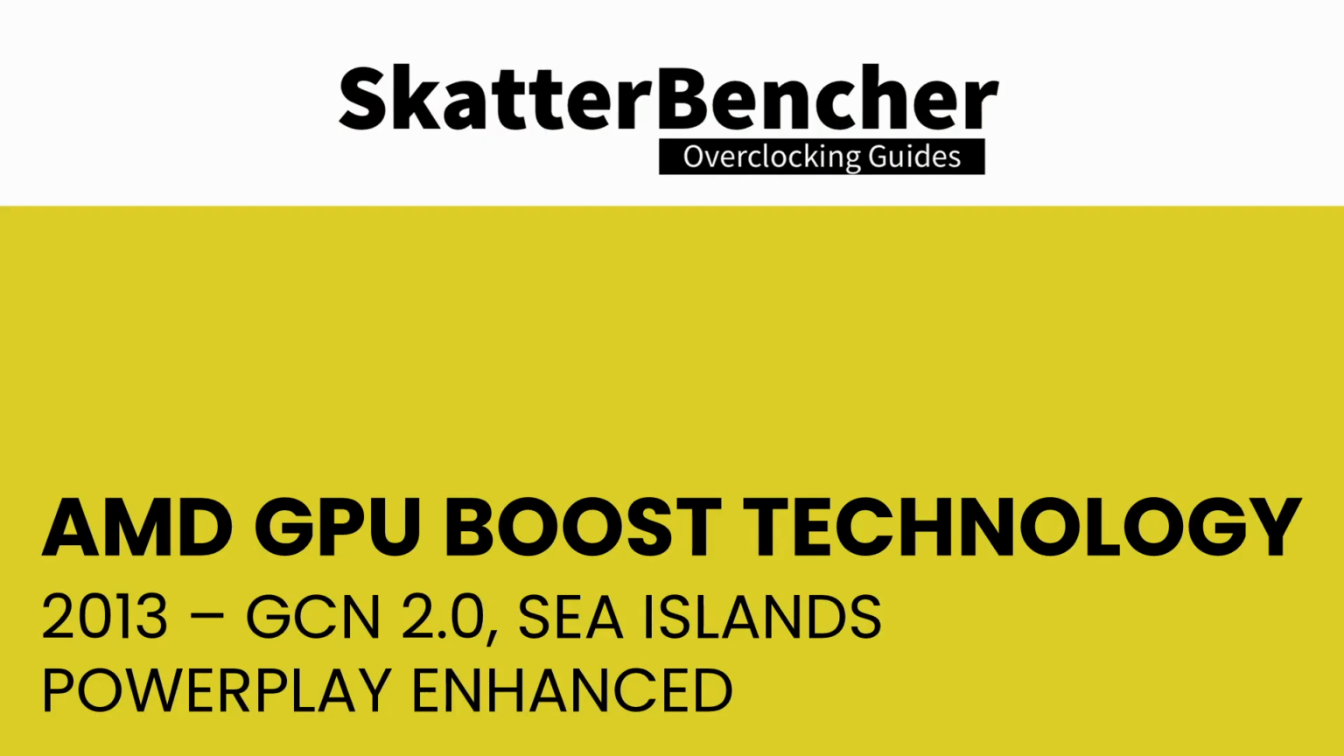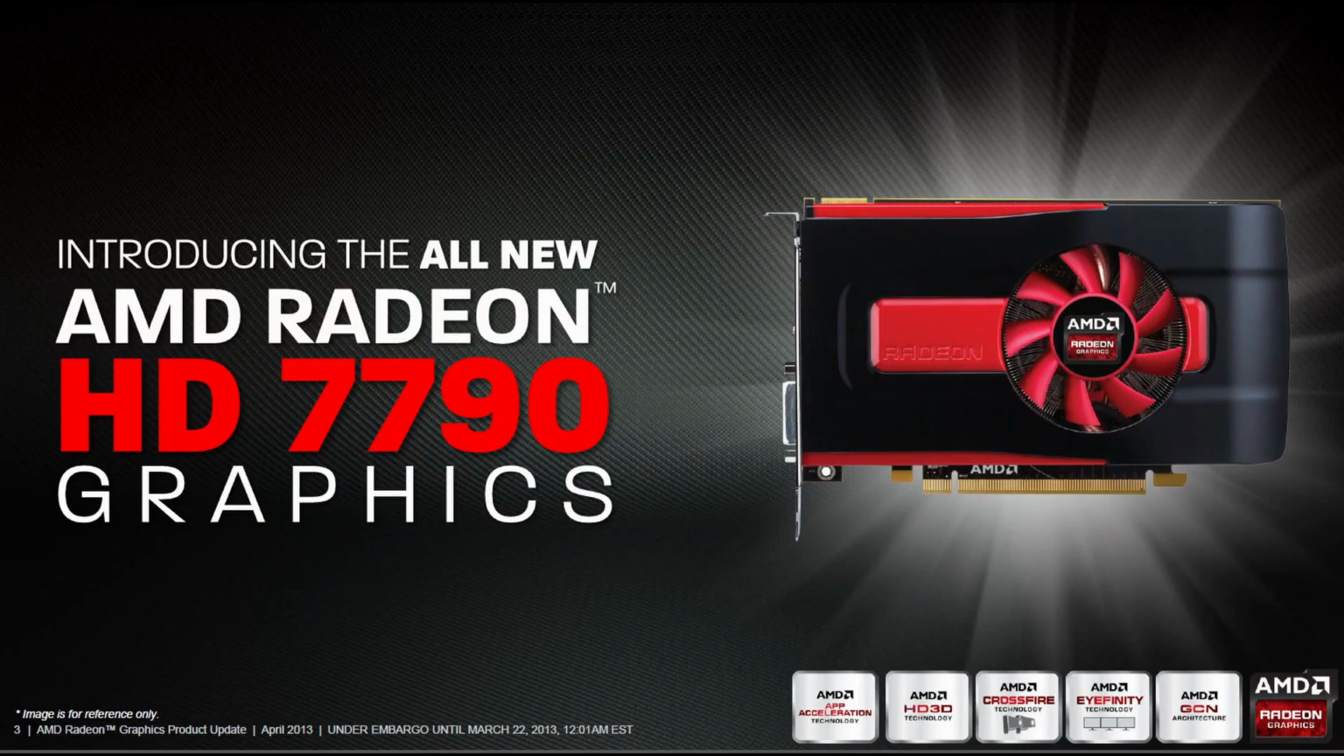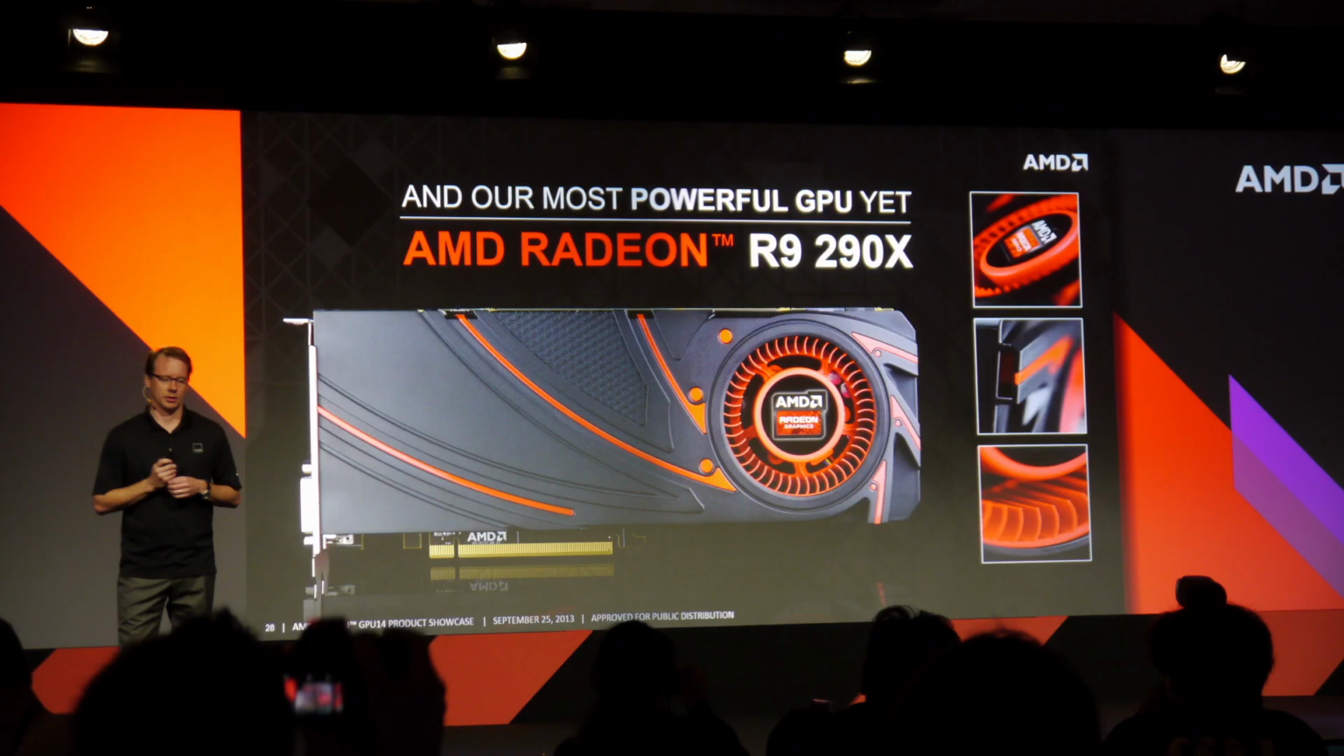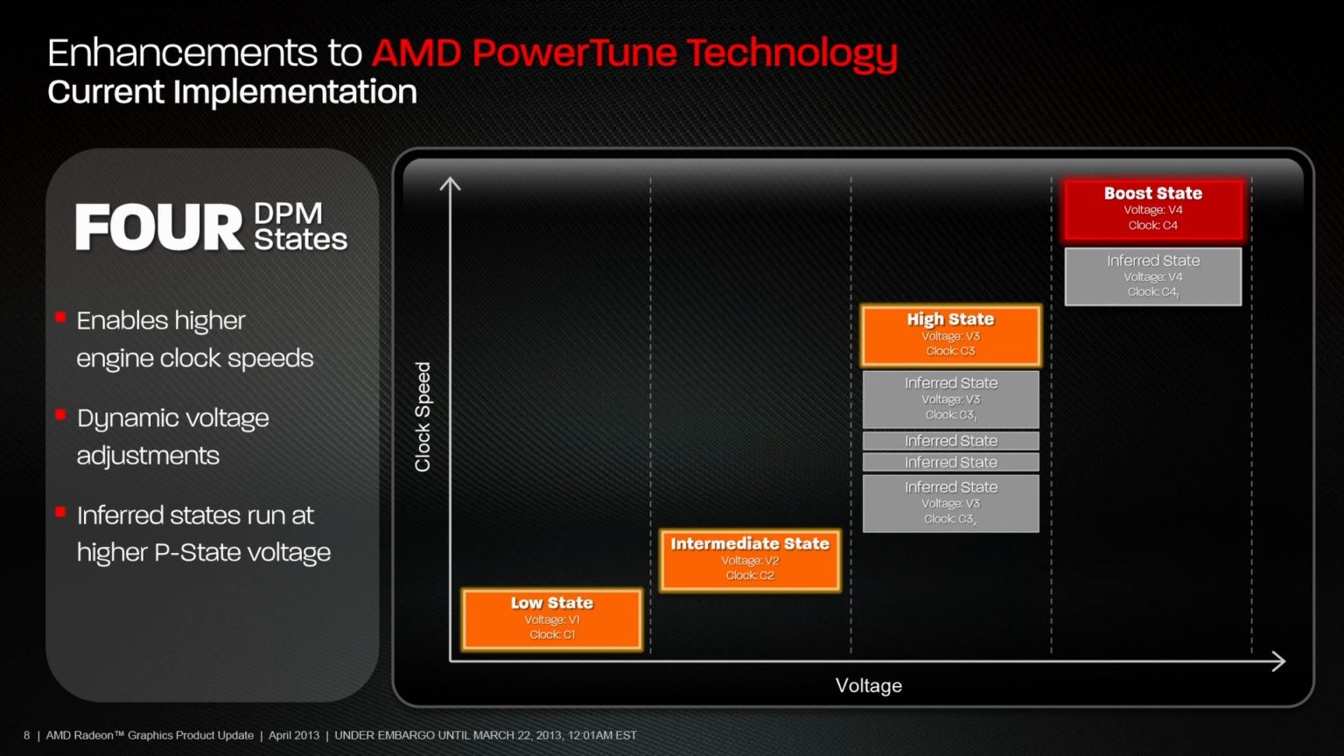temperature. On March 22, 2013, AMD launched the second generation Graphics Core Next GPU architecture and the Sea Islands product family with the Radeon HD 7790 as initial flagship product and the Radeon R9 290X as the later flagship product. AMD also introduced an enhanced version of PowerTune technology alongside many new improvements. Until now,